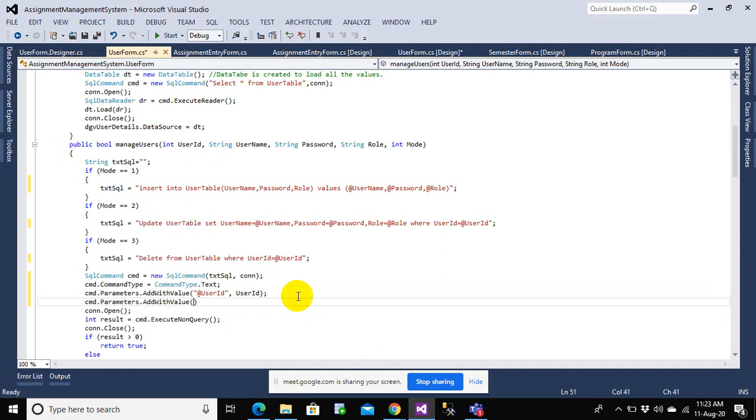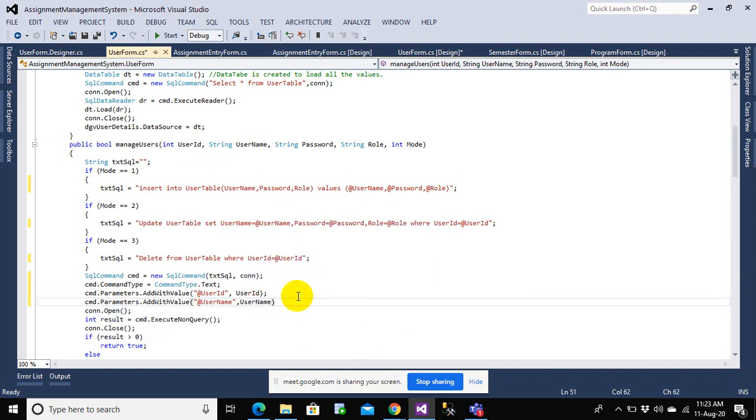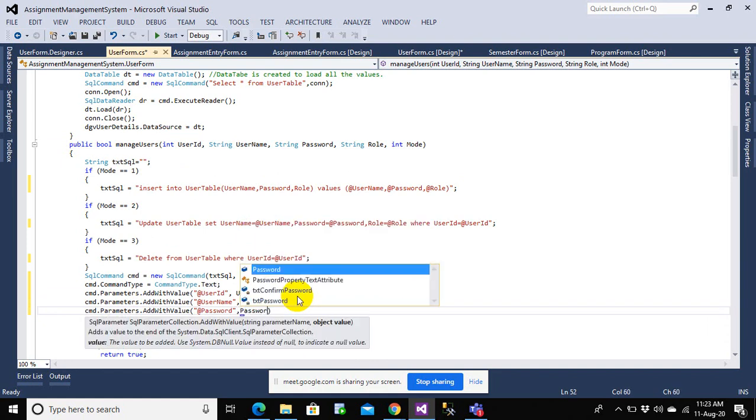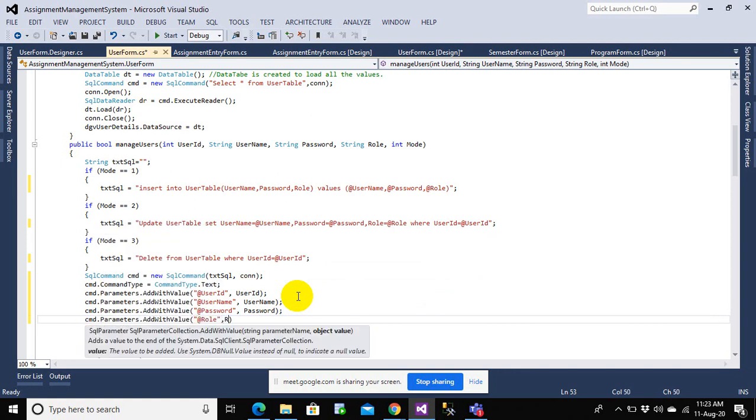Then cmd.Parameters.AddWithValue at the rate username, and then at the rate password, and at the rate role, and finally role.